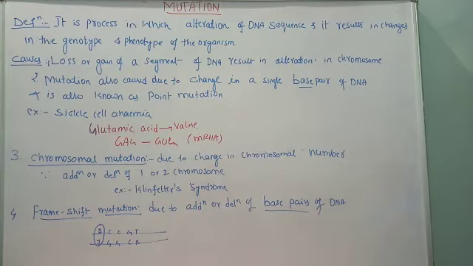Why? Because normally there is a sequence of nitrogen bases, amino acids, but at the 6th position of the amino acid, glutamic acid is replaced by valine. On the mRNA, instead of GAG, GUG comes for the transcription, and hence that mutation is caused, and that mutation is called point mutation.